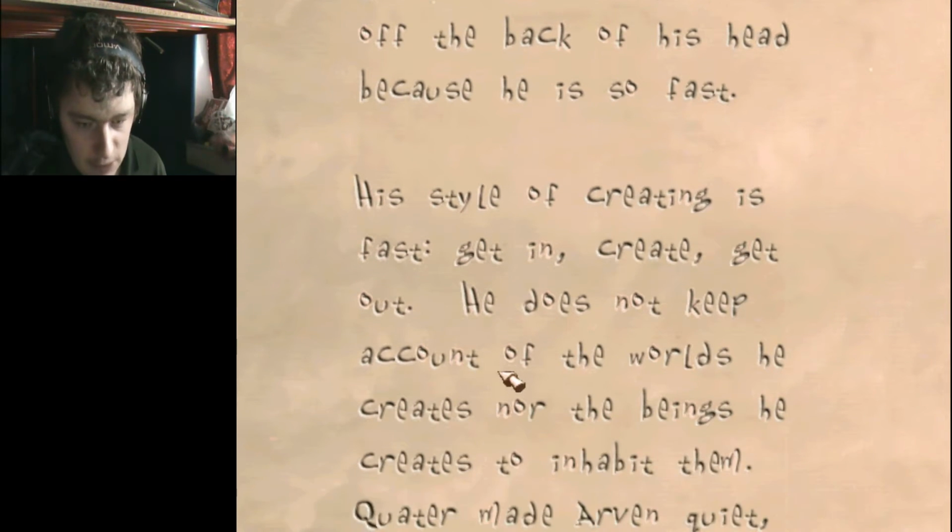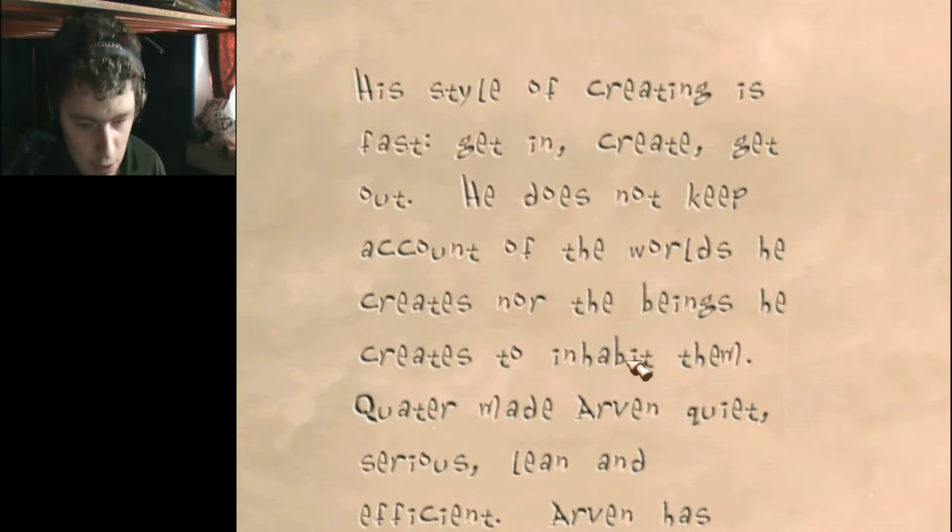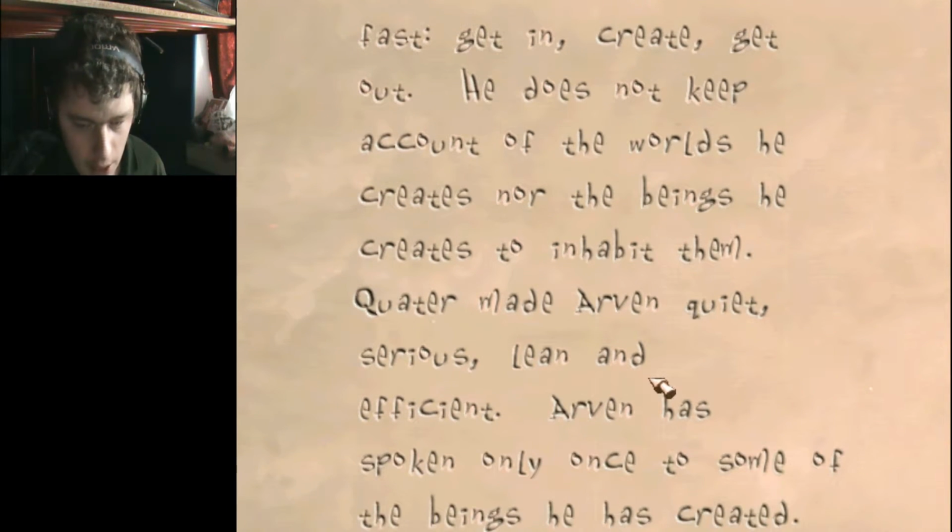His style of creating is fast. Get in, create, get out. He does not keep account of the worlds he creates, nor the beings he creates to inhabit them. Quadar made Avrin